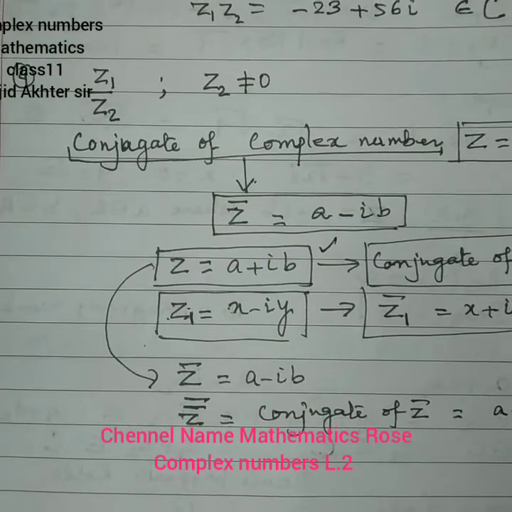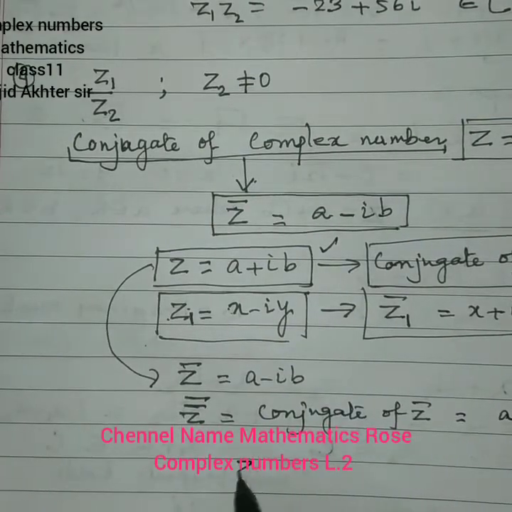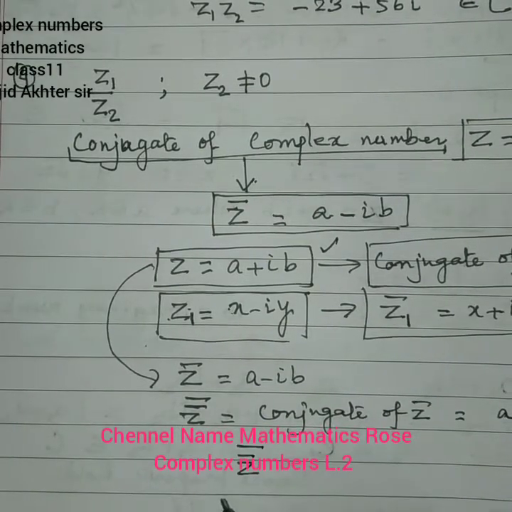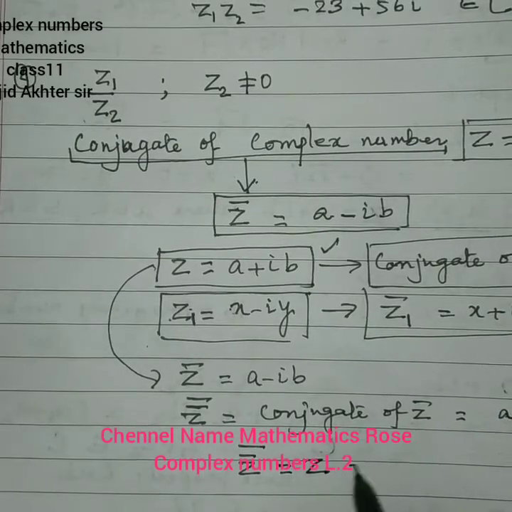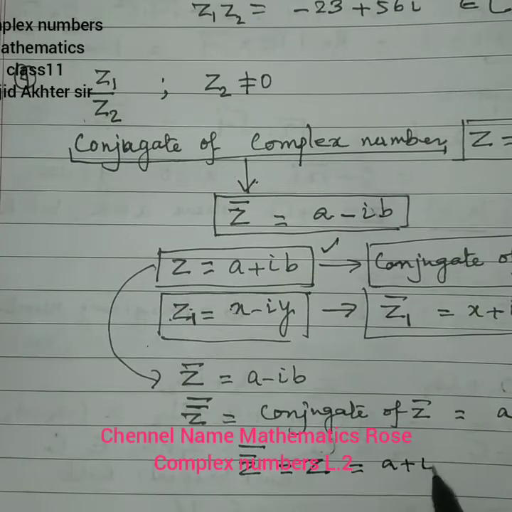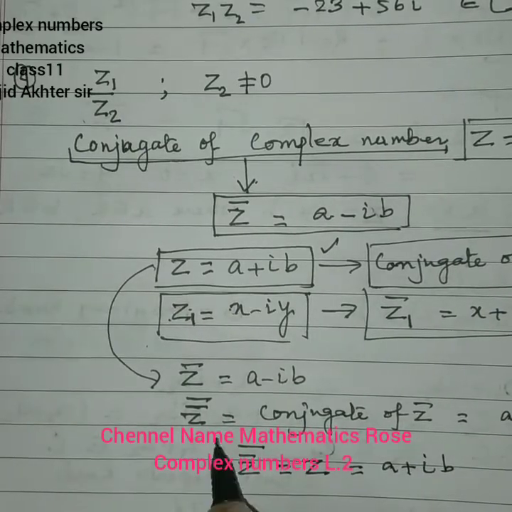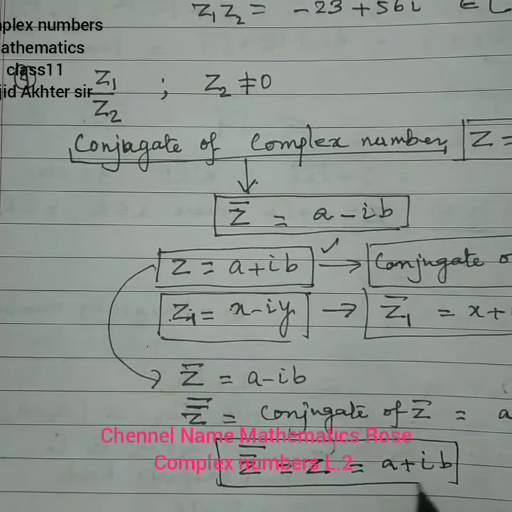So this is also a relation: conjugate of conjugate of z is equal to the same z, which is here a plus ib. ये भी एक रिलेशन आ जा रहा है।